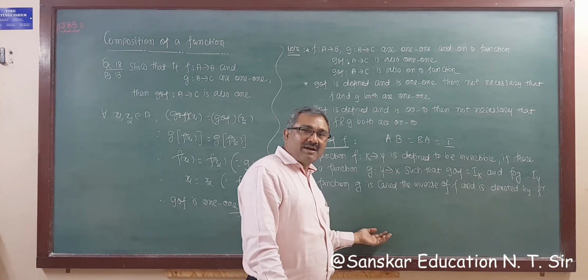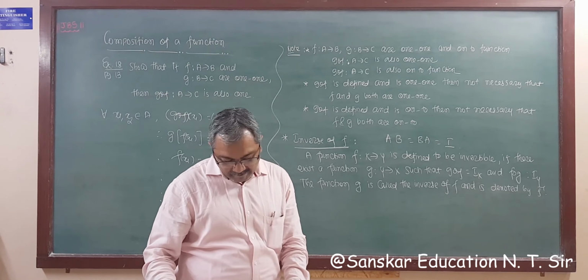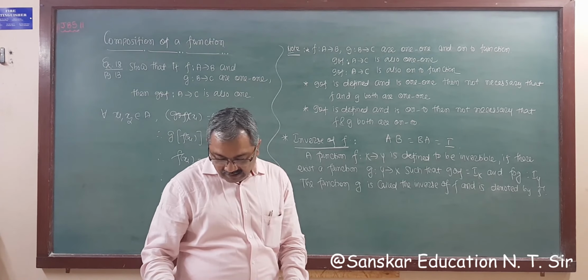So you have to write it down, it has probably been given to you. Theorem number 2 is on page 17. If f is a function from X to Y and g is a function from Y to Z, and both are invertible functions, then g over f is also invertible, and (g over f) inverse is equal to f inverse over g inverse.